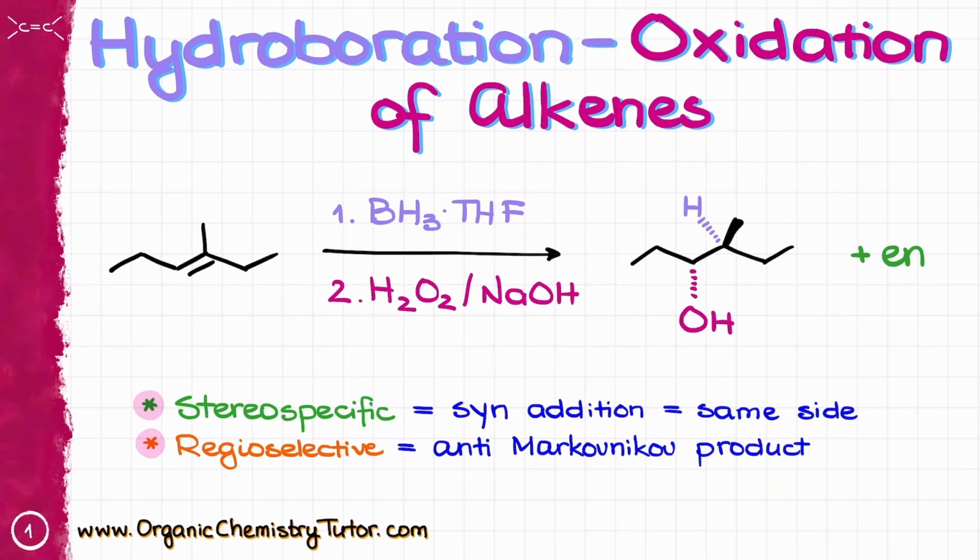Hydroboration-oxidation is an important method of converting alkenes into alcohols in a highly regioselective and stereospecific way. This reaction yields alcohols with the OH group on the less substituted carbon, and it is also a strict syn addition, resulting in both new C-H and C-OH bonds looking in the same direction in the final molecule. In this video, we are going to talk about the details of the hydroboration mechanism and common mistakes to avoid